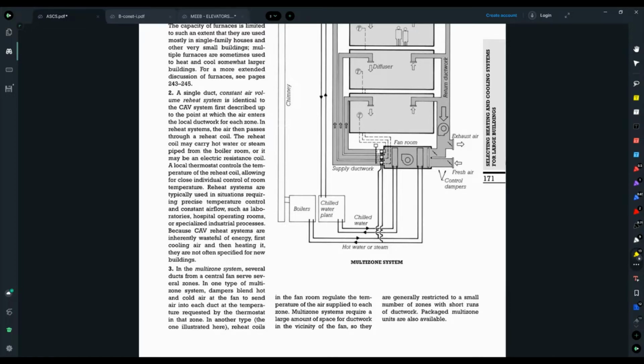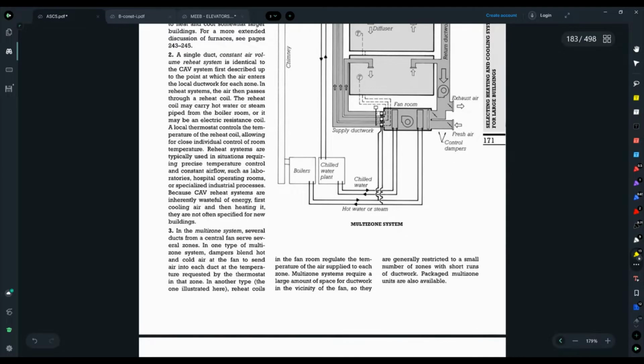A local thermostat controls the temperature of the reheat, allowing for close individual control of room temperature. Reheat systems are typically used in situations requiring precise temperature control and constant airflow, such as a laboratory, a hospital, operating room, or specialized industrial spaces. Because CAV reheat systems are inherently wasteful of energy, first cooling air and then reheating it, they are often not